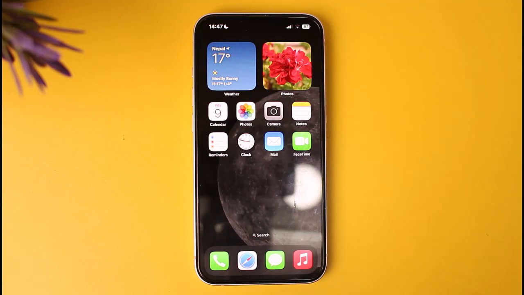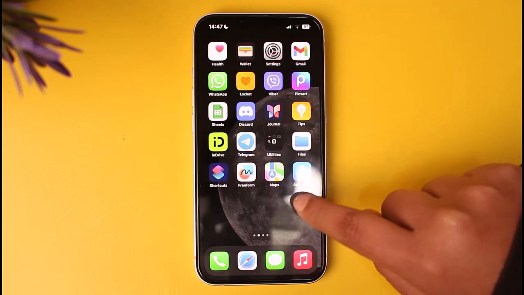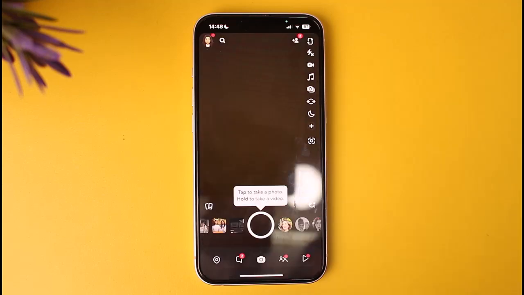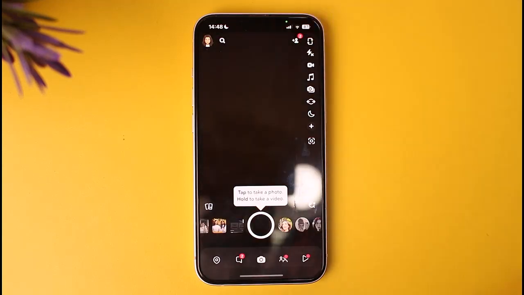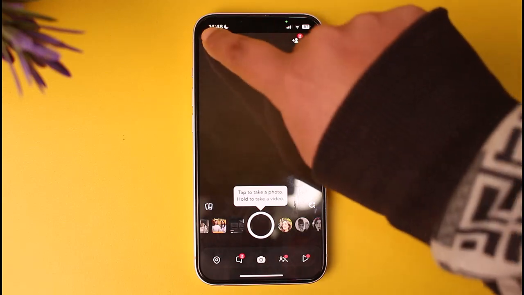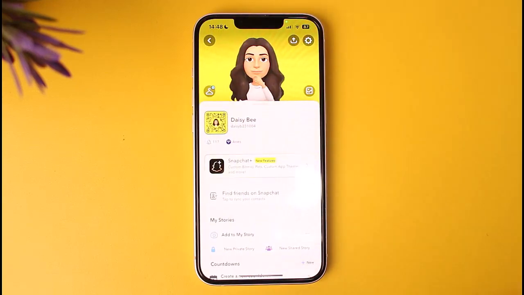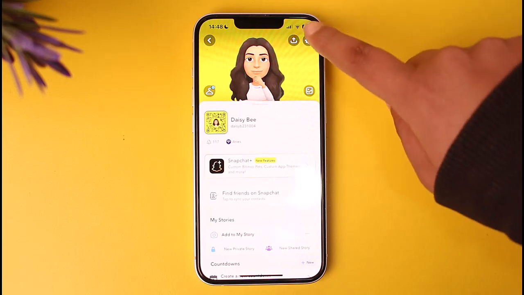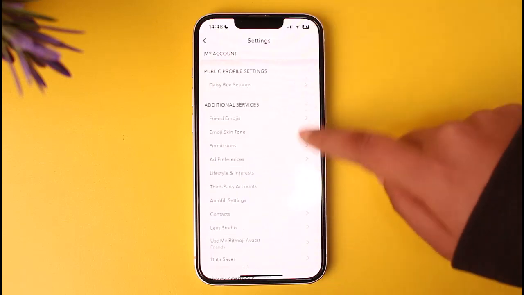So for that, first of all, go ahead, access your particular Snapchat app on your mobile phone. Afterwards, all you have to do is simply go ahead, tap on your Bitmoji icon on top left corner, and afterwards you will find this kind of interface. Go ahead, tap on the square icon on top right corner of the screen. Now simply scroll down a bit,